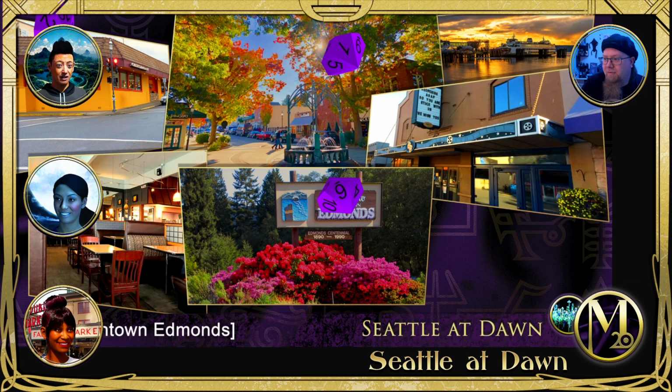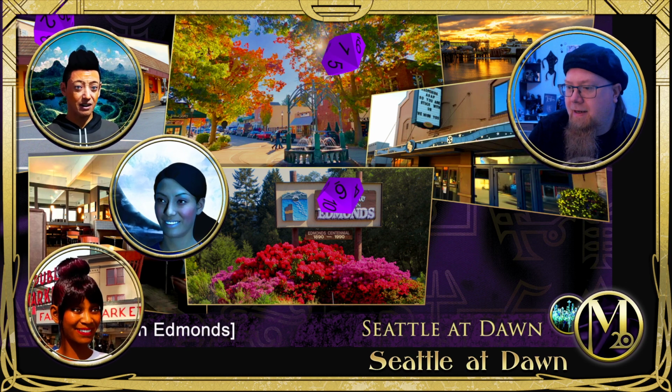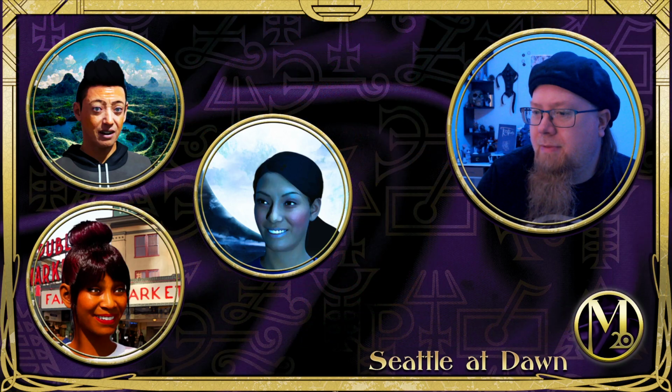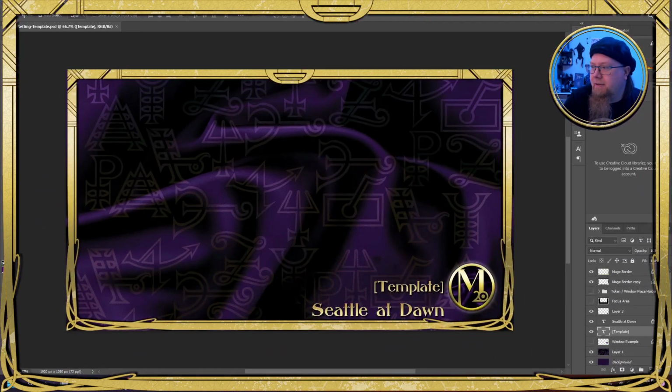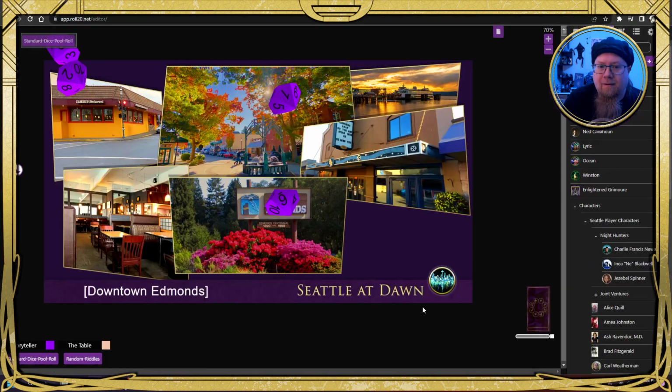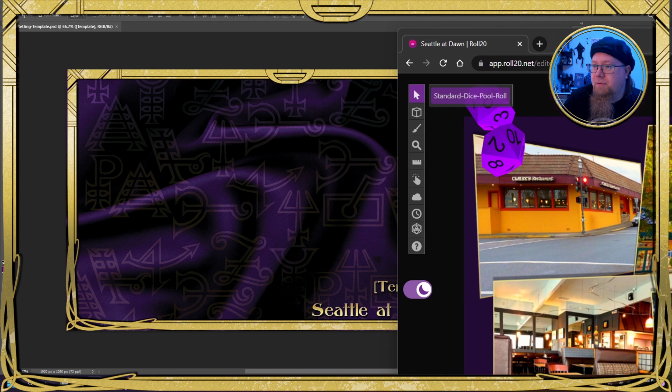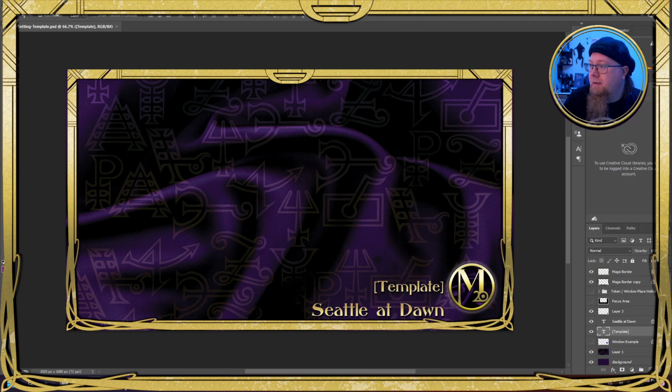It's not quite gonna fit, and it is not a mess. It's not the idea. It's not a mess, but it is definitely not going to work the way it is in here on the new system. So we're going to update our downtown Edmonds